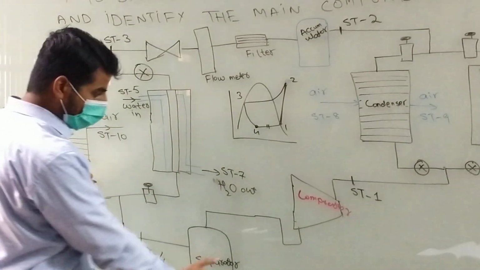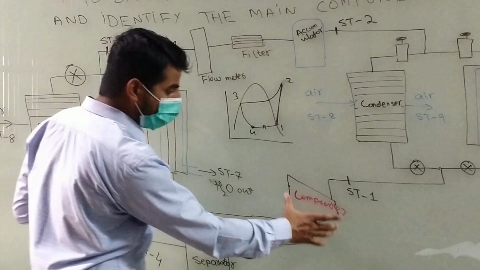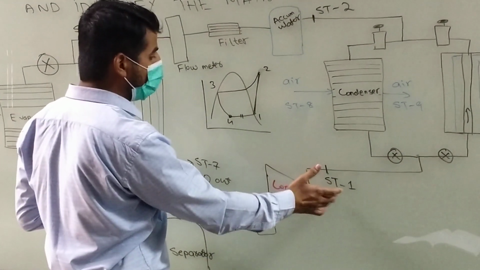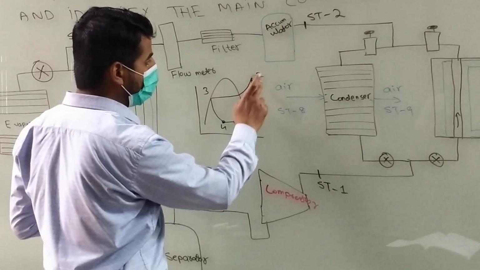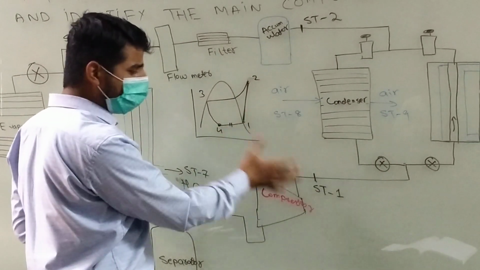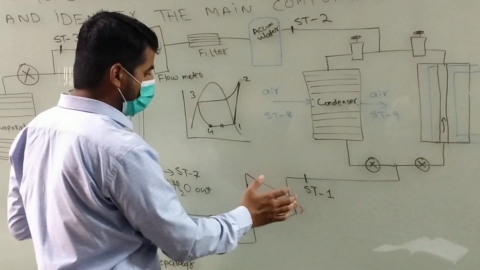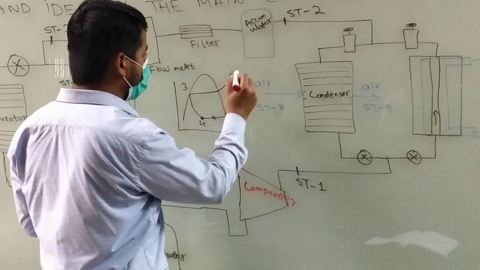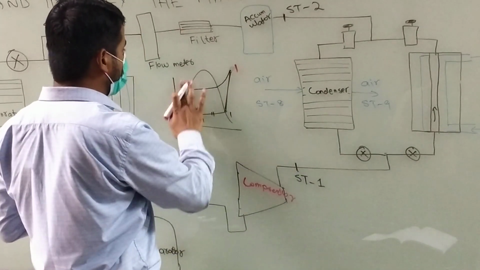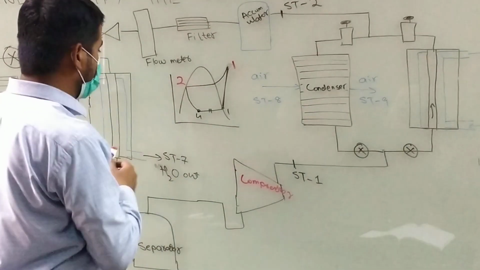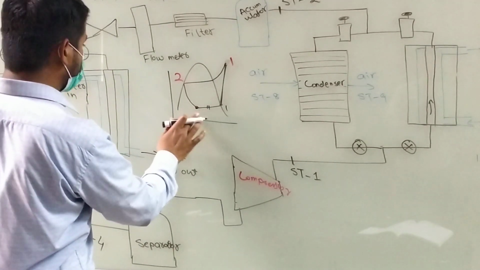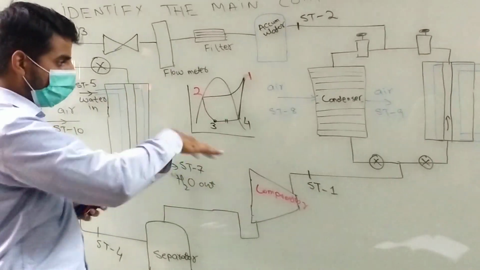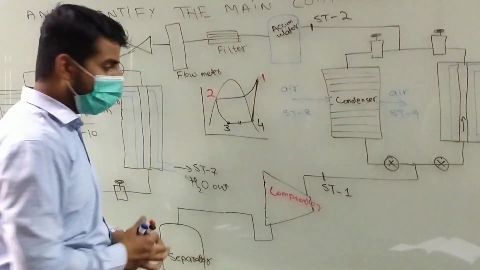So the other main component after the separator is the compressor, that will provide energy to the refrigerant. So superheated vapors will be here. So ST1 in the diagram, these temperatures are quite different. Okay, I can change that. After the compressor I have 1, and this is 2, and after the expansion valve I have 3, and okay, I've changed the numbers according to the diagram.